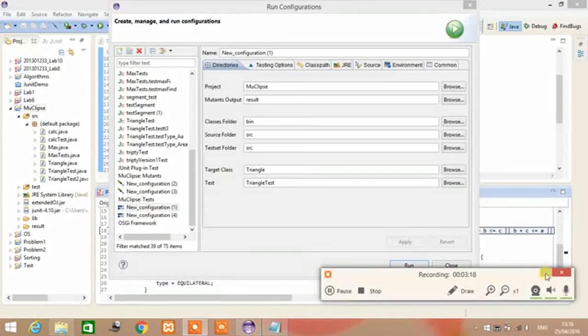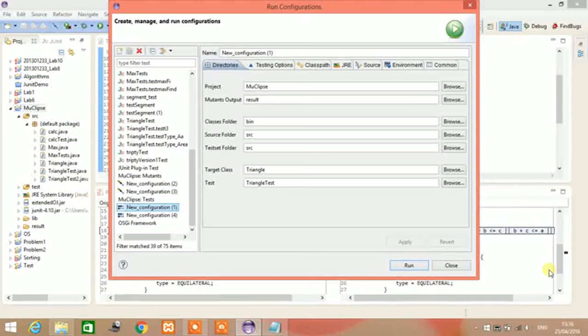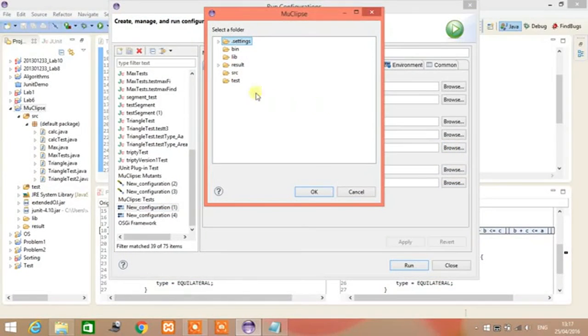Here in the test set folder, browse the folder where you have written your test class. It can be test or source, whatever. My test class is in the source, so I choose source as my test folder.